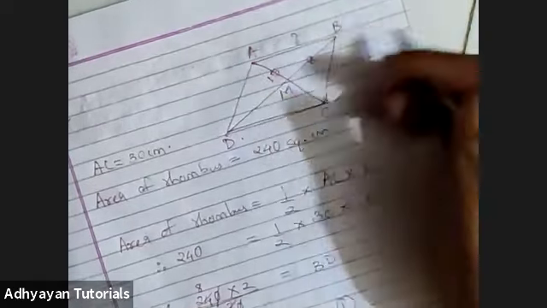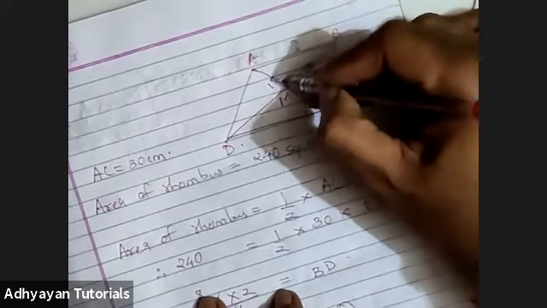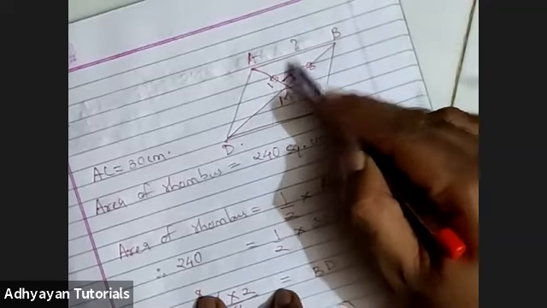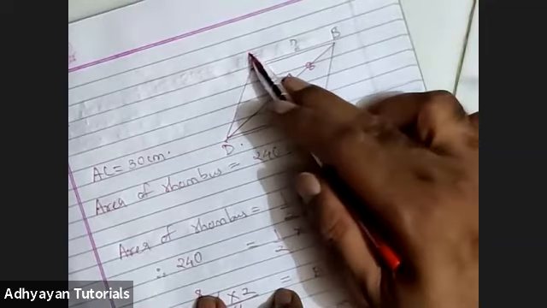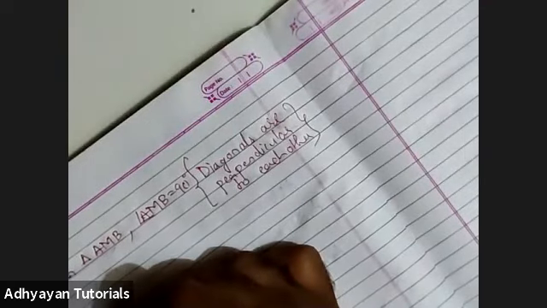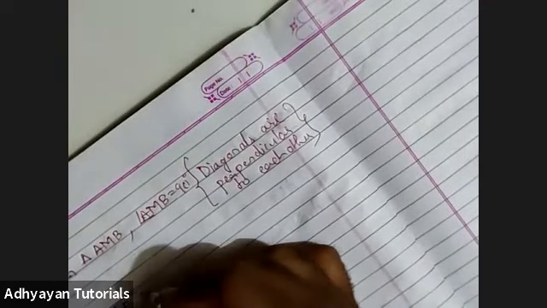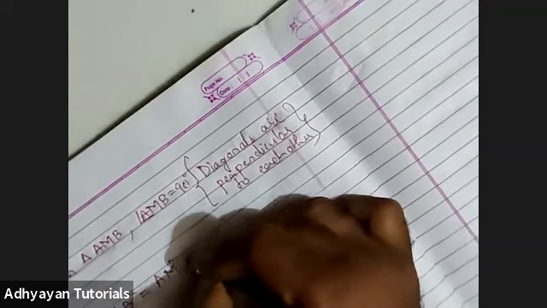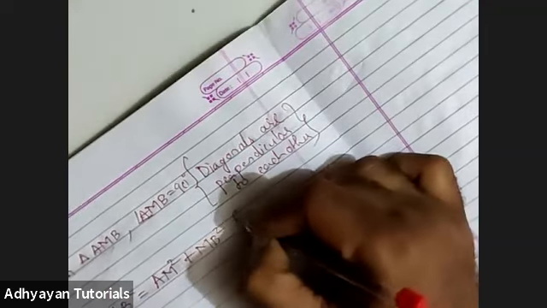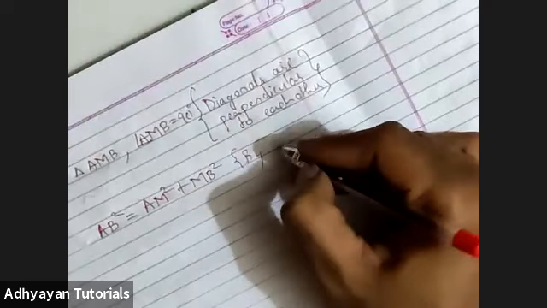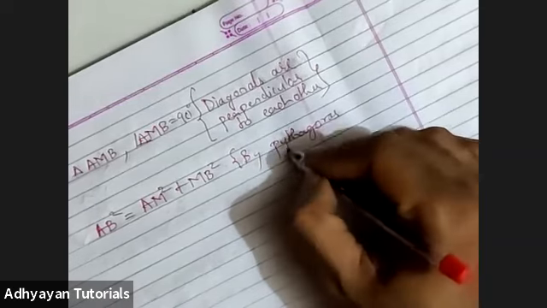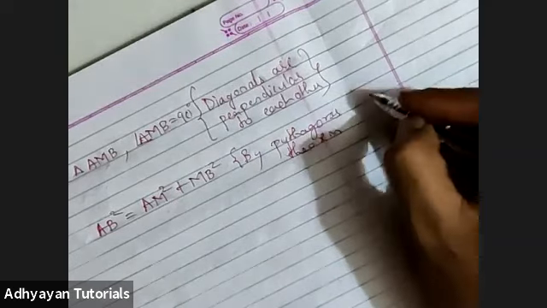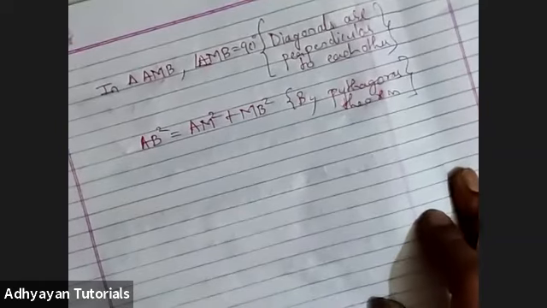So in this beautiful triangle, I know angle AMB is 90. The side opposite the 90 is called the hypotenuse. So AB square, the hypotenuse side squared, is equal to the sum of the squares of the other two sides. So AB square is equal to AM square plus MB square by Pythagoras theorem, right? Hope this much is understood to all of you.